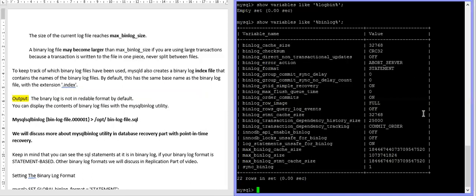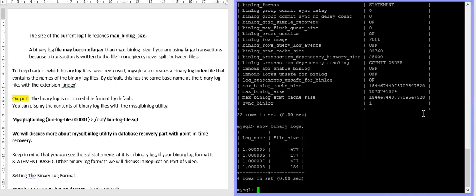There are MySQL commands also. Show binary logs. You can find all the binary logs and their sizes. You can see here. So what is our current binary log? This is the last one always.